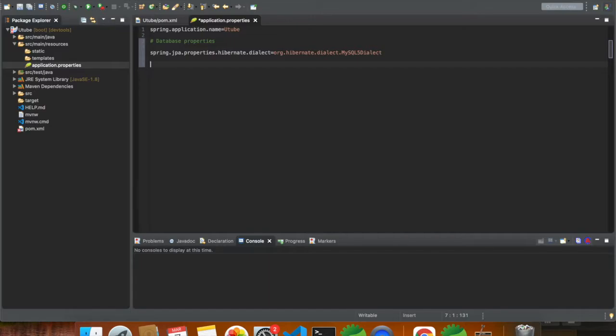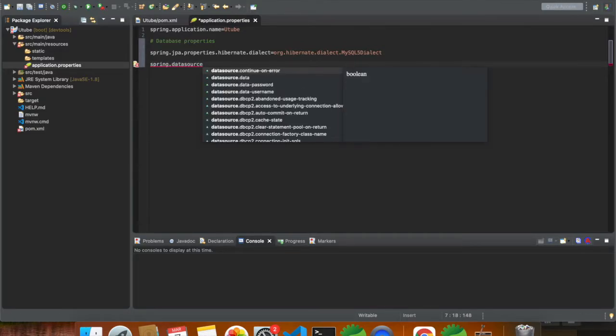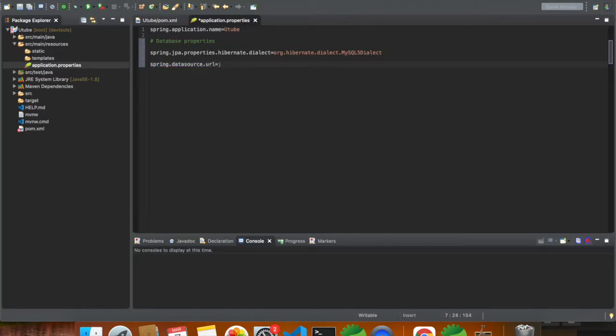Now the second thing is we have to add the URL for the database where the database is located. So the property name is spring.datasource.url equals to, so my database is in local, so here I will give jdbc:mysql://localhost.